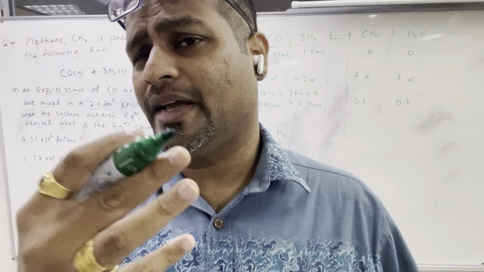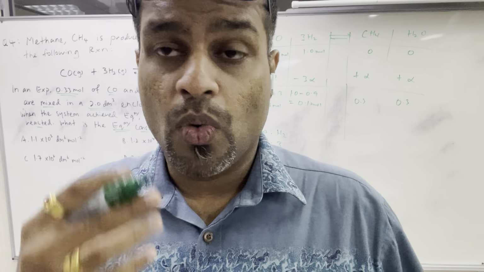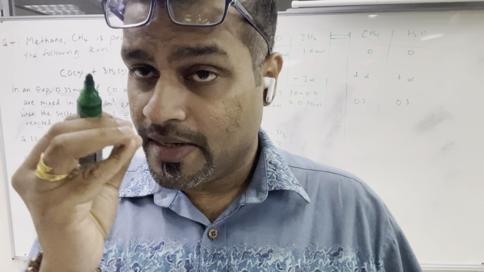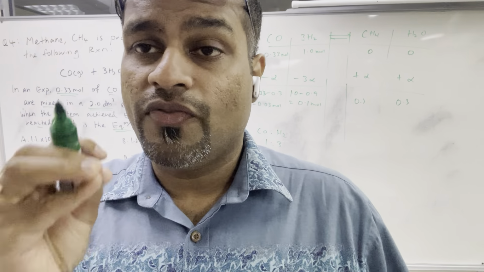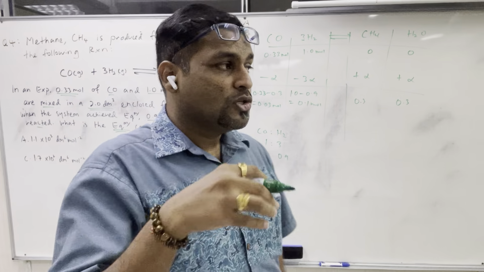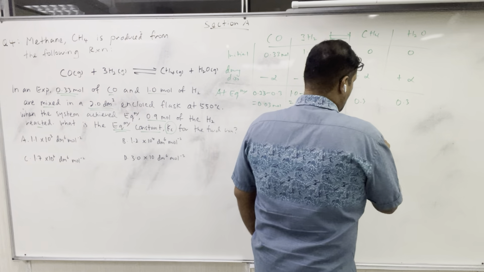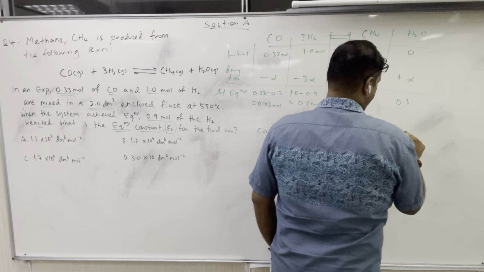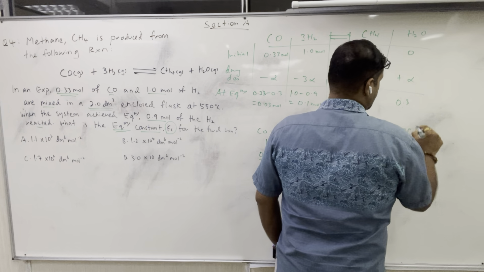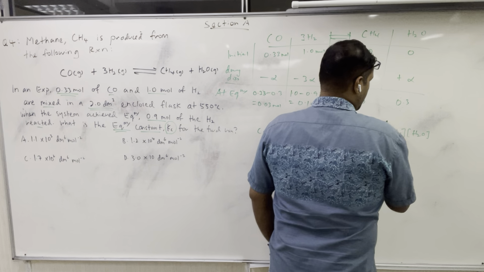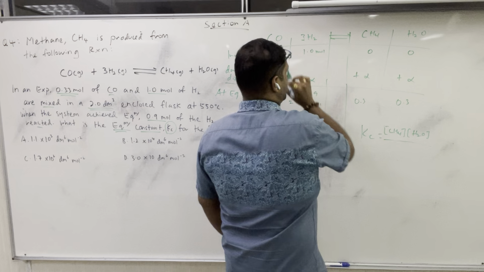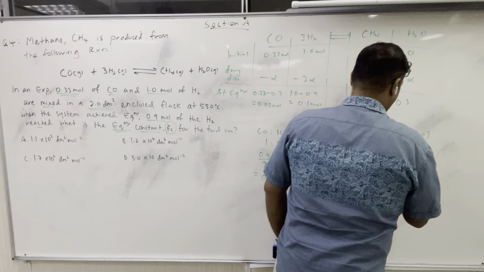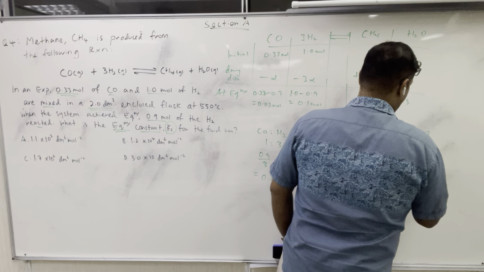and they tend to forget that they need to divide by the volume. Why volume? Because as far as Kc, the equilibrium constant, is concerned, don't forget that you need to find the concentration. So what is the expression for Kc? We will take the concentration of methane, concentration of water, divide by the reactant, which is the concentration of carbon monoxide and concentration of hydrogen,